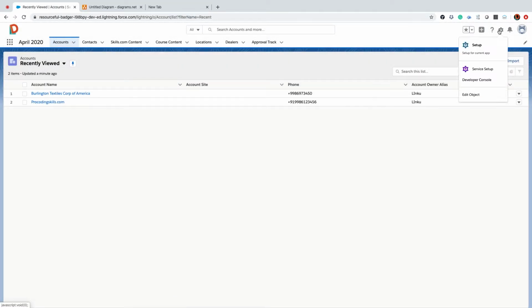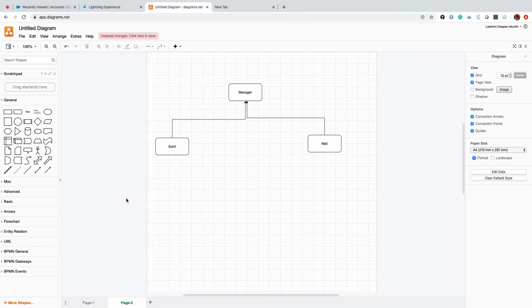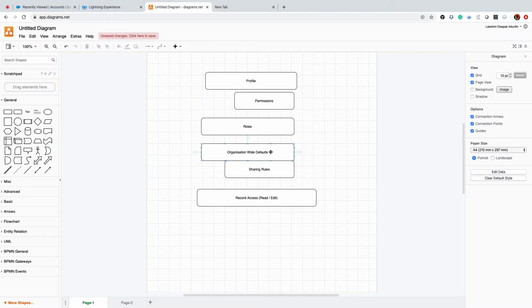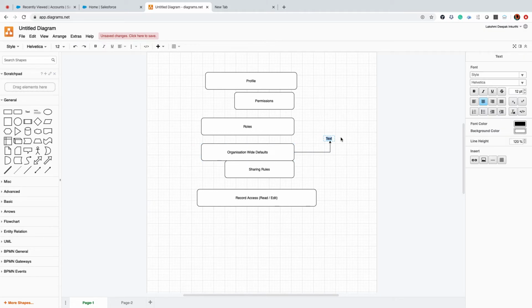Now we'll go to setup. For that, we need to enable organization-wide defaults. Generally, organization-wide defaults will be in the form of public read or write, public read only, and private.